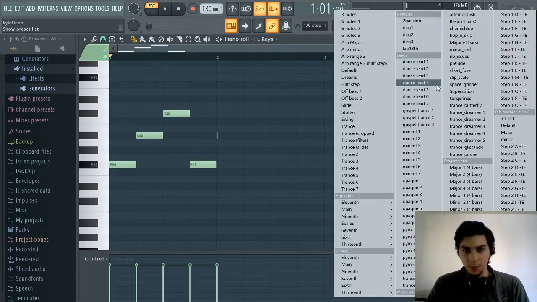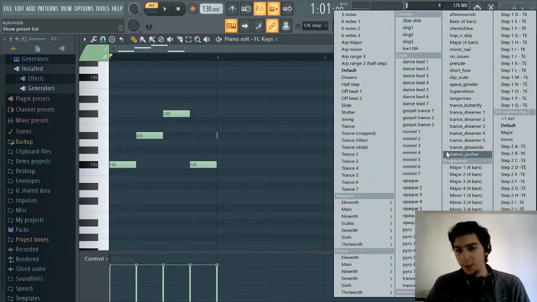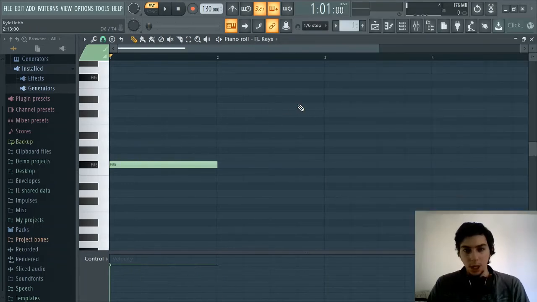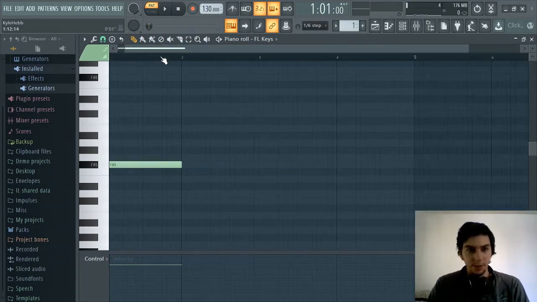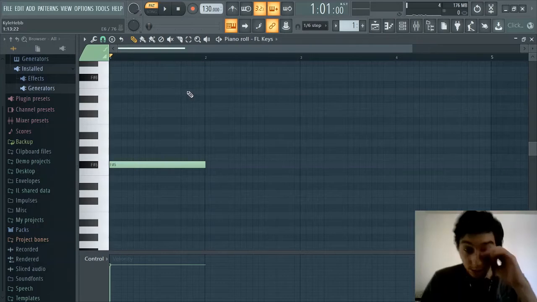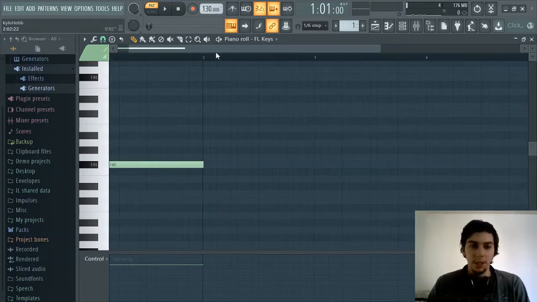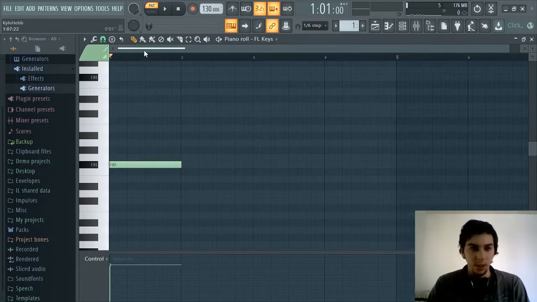There's different arps in here and different styles, like dance leads, trances, all that stuff. So that's really fun to play around with, to learn different styles and chords. So that is great for that, and occasionally I'll mix that up. You can also chop up a melody into an arp with that tool as well. So that's a great tool for music theory and to